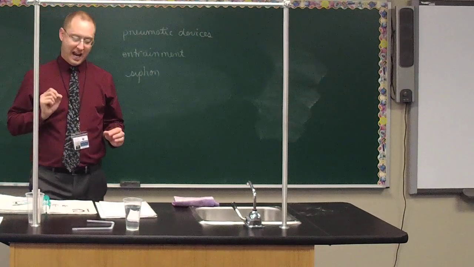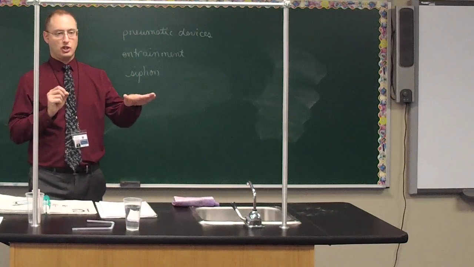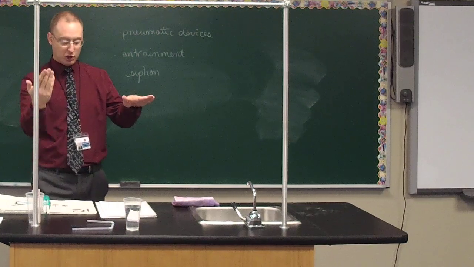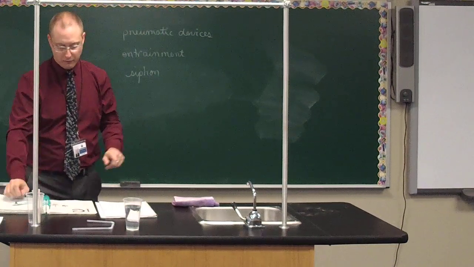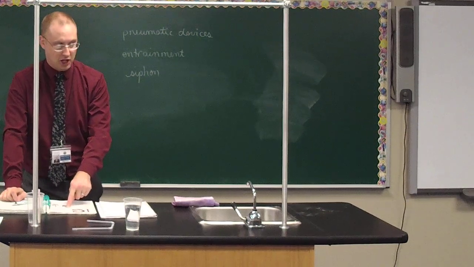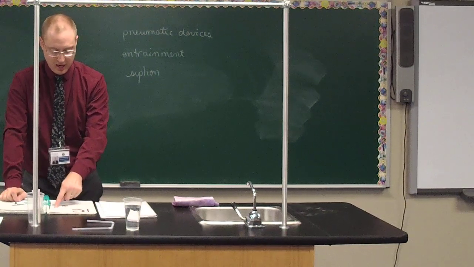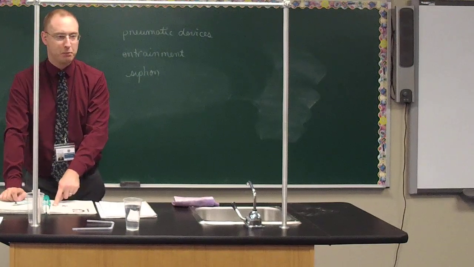You can suck the air out and you'll cause the liquid to start rising in the tube. But if you take the suction off, air pressure that enters the tube will just push the gas right back down. Well, if you can get the gas to rise up the first tube to point B, continue coming across to point C, and you can get the column of gas to come down just beyond point D,